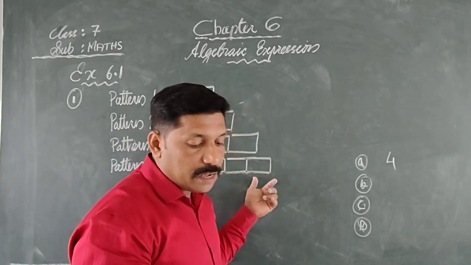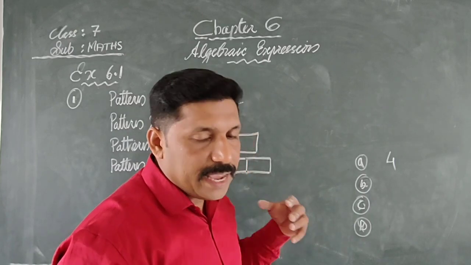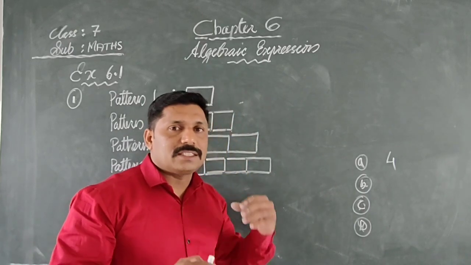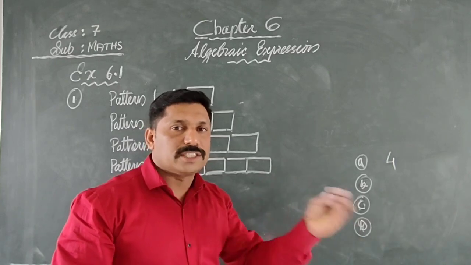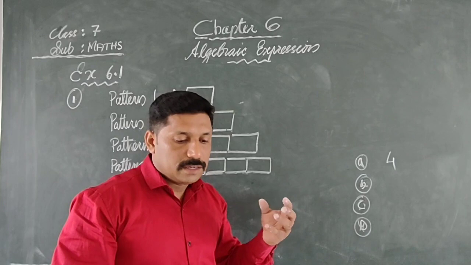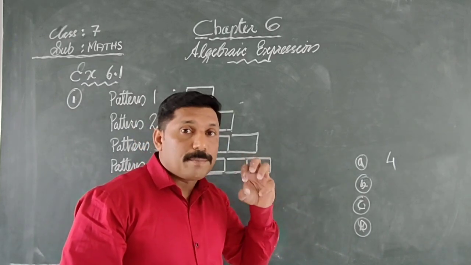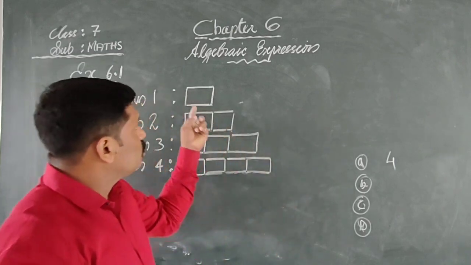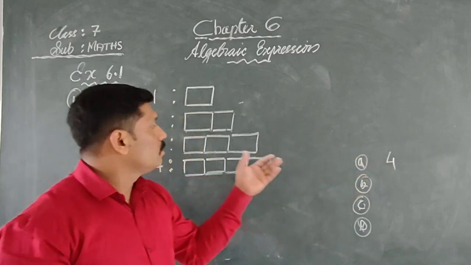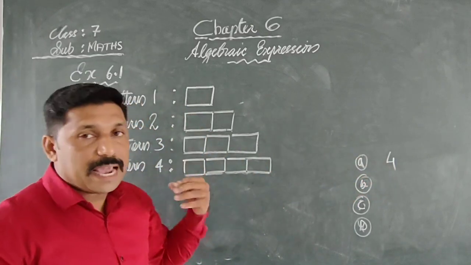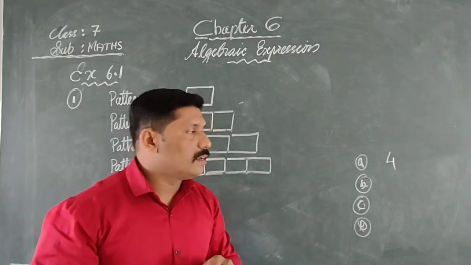And now you see question B. What is the number of line segments used to make X such shapes? If we want to make X shapes, X means you can take any value, 2 shapes or 5 shapes or 10 such shapes. So X means the number of shapes. If we want to make one shape, 4 line segments are needed. So if you want to make X shapes, how many lines do we need?